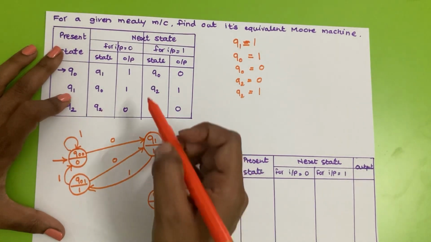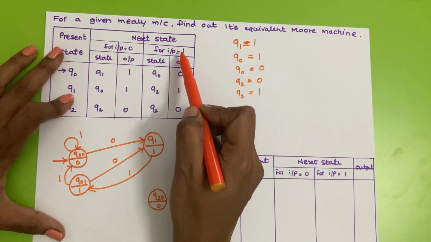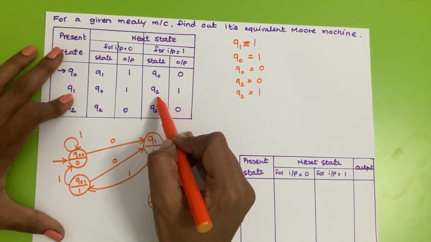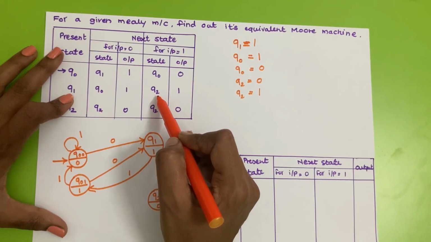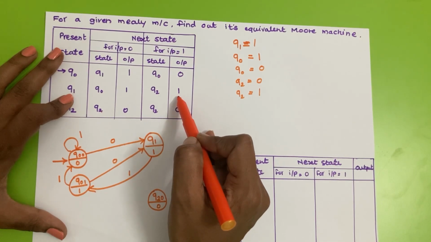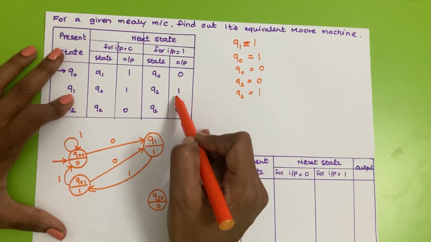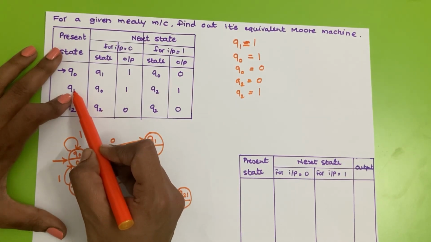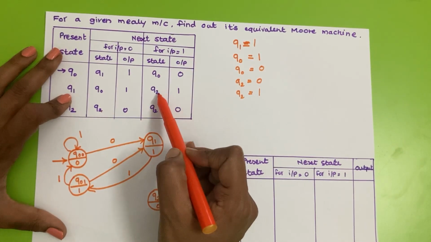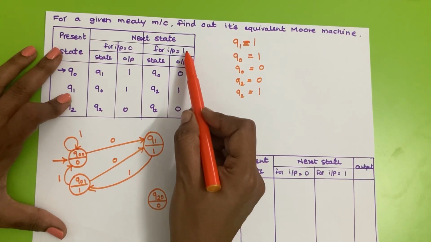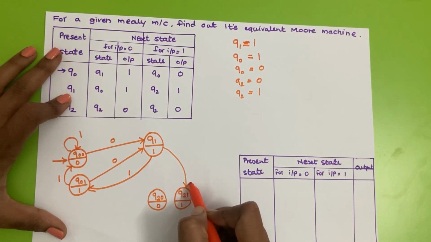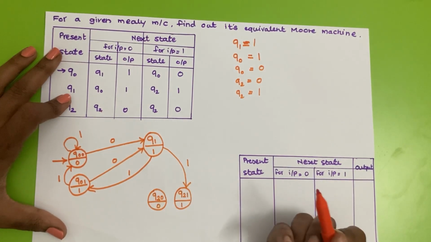Okay, now next Q1 to Q2. Again, there are two variants of Q2, but here we have to consider only the one output state which will output 1. So this transition will go from Q1 to Q2 1 by taking input symbol 1.